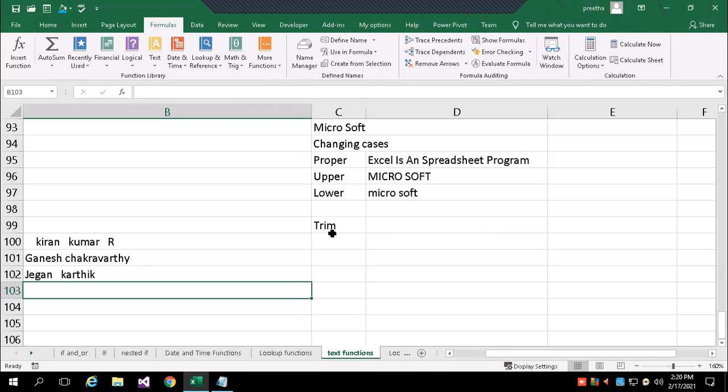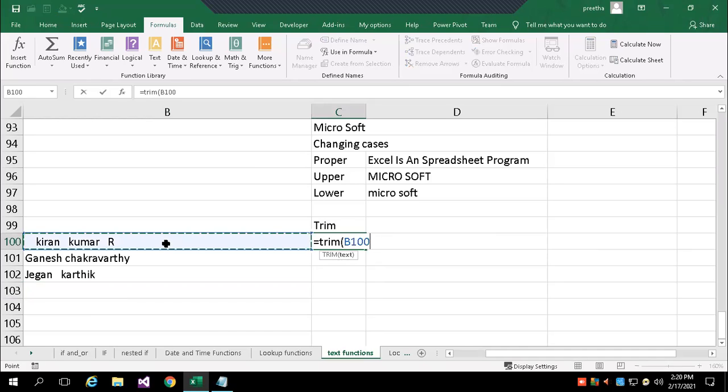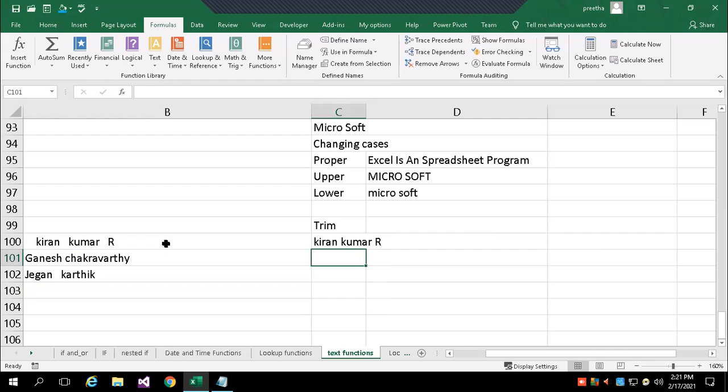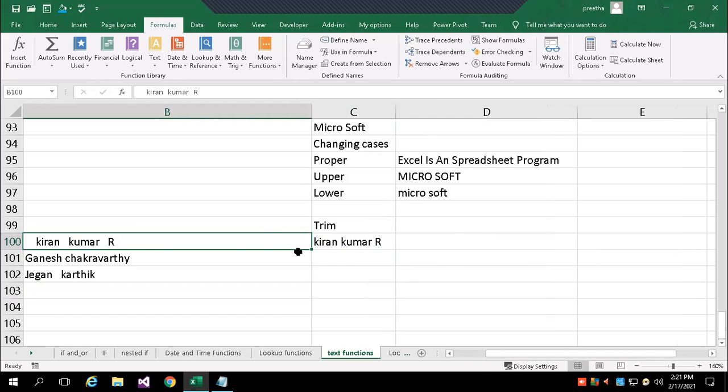So here, if I say TRIM of B100, the cell address is B100, where I have written Kiran Kumar, and you can see the text has unwanted extra spaces. Now you press enter. What happened now? All the extra spaces are eliminated. You can observe this.